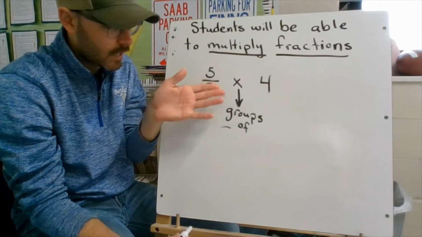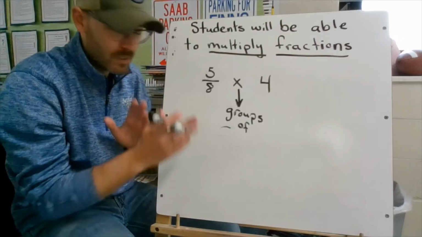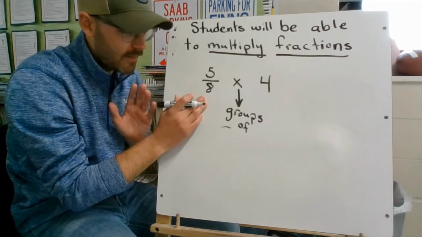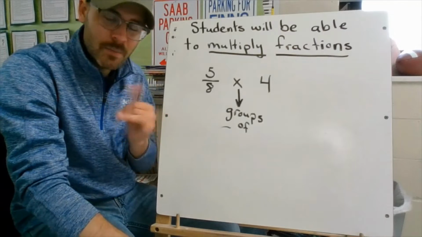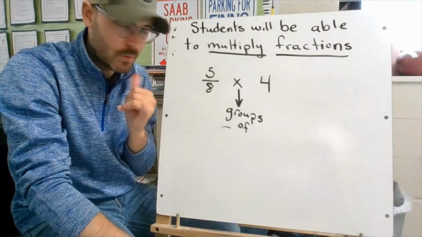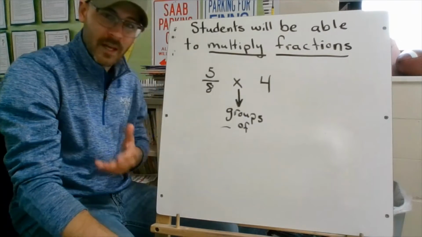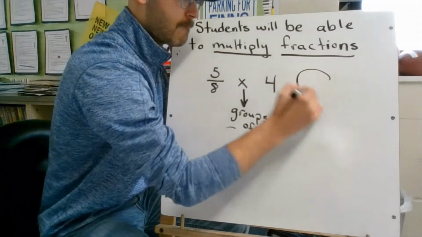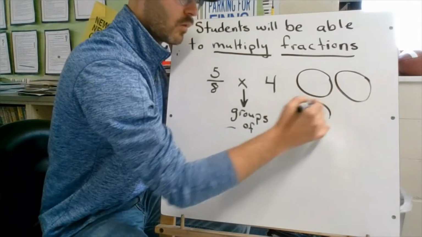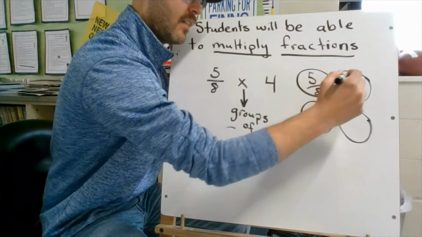5/8 times 4. Just because this might make you a little confused, I'm going to go through it real quick. 5/8 groups of 4. Ew, that doesn't make as much sense, but remember, we can just flip these around. 4 groups of 5/8 might make a little bit more sense to you. So if I do 4 groups, and each one had 5/8 in it,